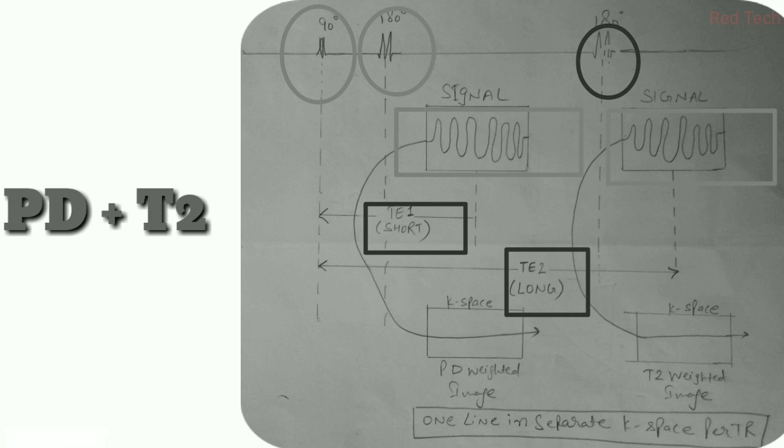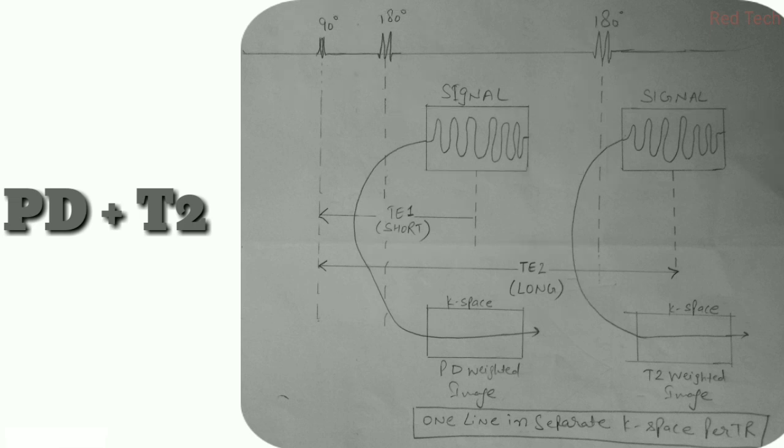So we should remember that in spin echo we only use the 180-degree RF pulse, but in this we use two 180-degree RF pulses, and the images formed are PD and T2 weighted images. This is basically the essential information to know about the modification we get in the spin echo. Here you can see the k-space filling. The k-space filling in both cases is done by 1 TR, meaning time of repetition. So this is basically the whole scenario about the modification of spin echo.